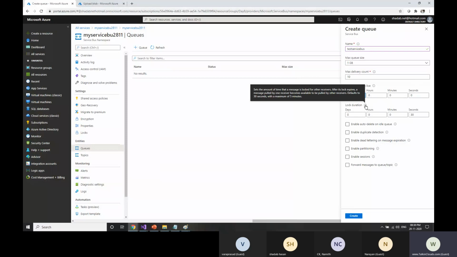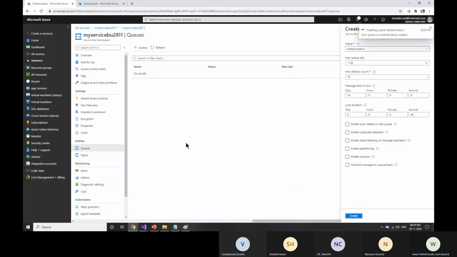So as I told you, when my application is trying to read this service bus, that particular message will be locked for a certain period of time, so that I'll be able to use that message and do some operation. I can extend this lock period to 60 seconds. So till the time one application is trying to access that particular message, it will not be visible to others. That's what we define here. And then you have multiple things that need to be configured here. You can do that as per your requirement.